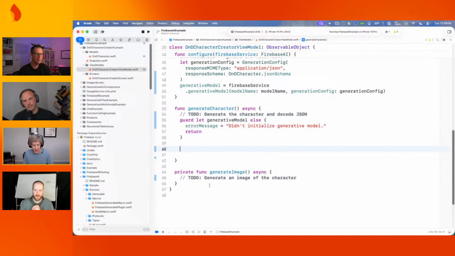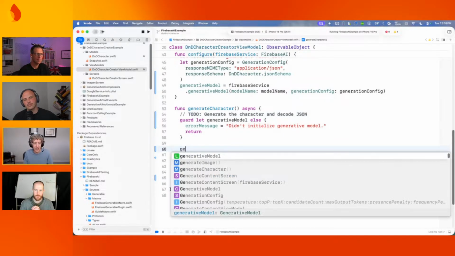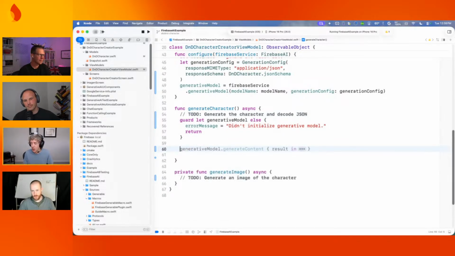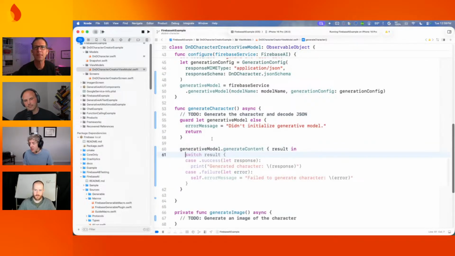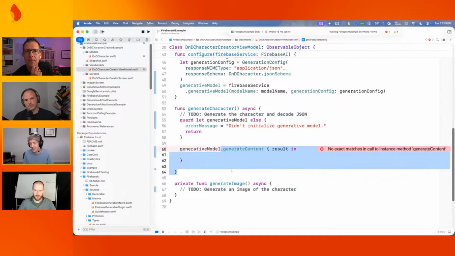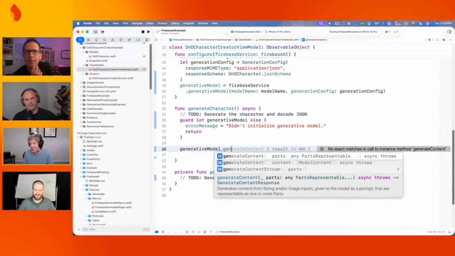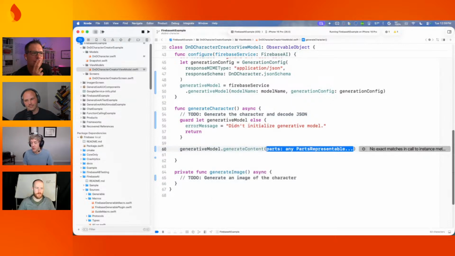So now we know our generative model is legitimate. So I'm just going to skip a few niceties like loading and that, and we'll just... that's not the right code at all that Xcode completed. Okay, so let's just generate content, and